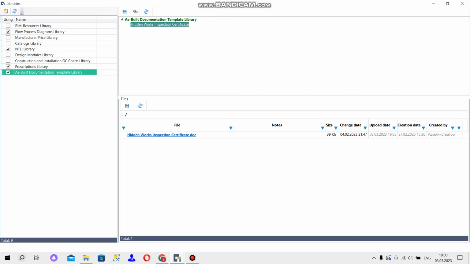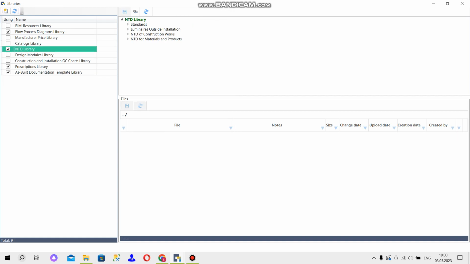Now we will go to the Normative and Technical Documentation library. It is created for storing, searching, and displaying the various texts of normative and technical documentation that we will require for our built-in control. And now we will fill in the library of normative and technical documentation. The library is already highlighted, and in the right upper window we use the context menu, item Add,